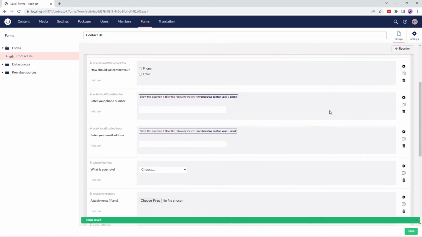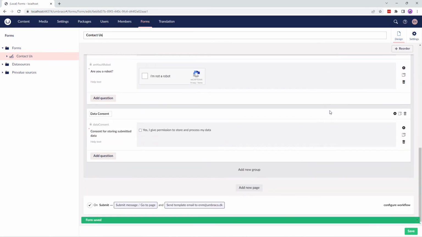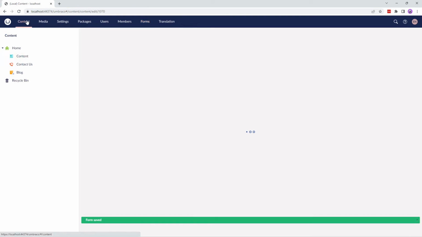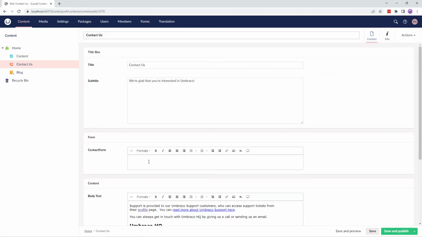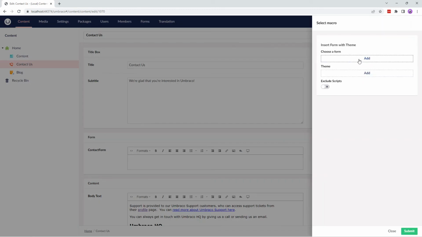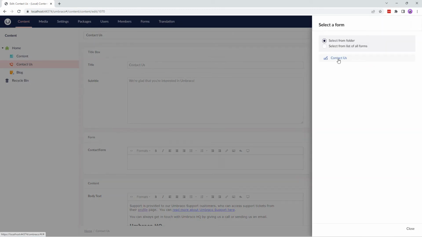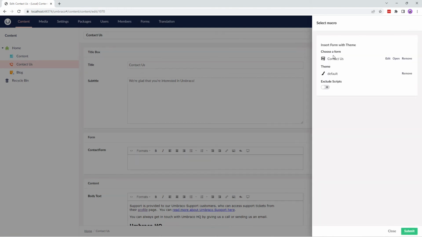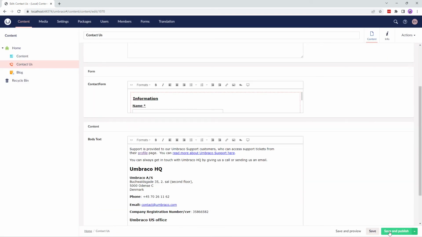Cool. Now, let's go to the content section and add this form in our Contact Us page. In the Contact Form field, I'll select Insert Macro and choose the Contact Us form and add the default theme and leave the exclude scripts disabled and click submit.